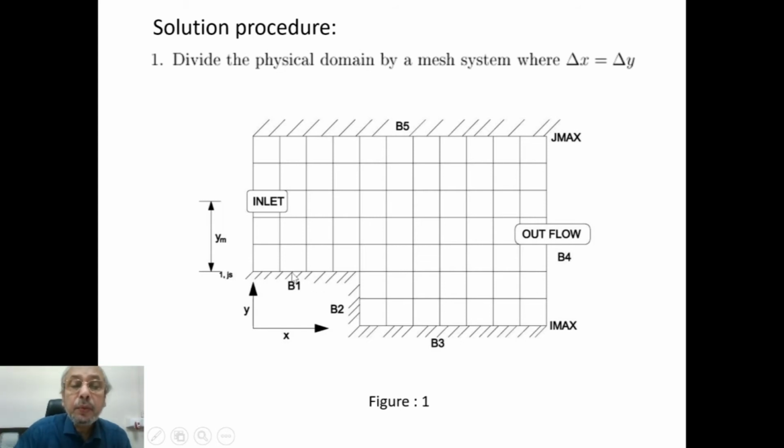Then we will also set psi equal to 0 at the bottom wall, because if you remember your basic fluid mechanics, psi in a domain is indicative of mass flow rate. So taking the psi value at the bottom wall as 0 is quite rational, because everywhere U is 0.